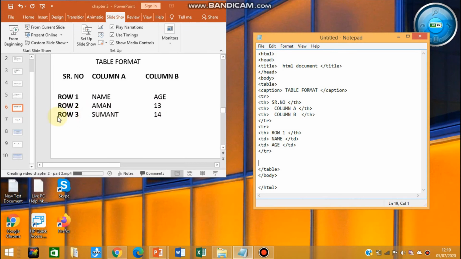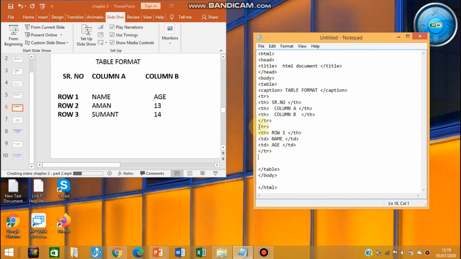Again, row 3 is the heading of that row, so for this you will use the TH tag. Then for Sumant you will use the TD tag, and for 14 you will use the TD tag. Only for the heading of that row or column you will use the TH tag, and for the data content you will use the TD tag.